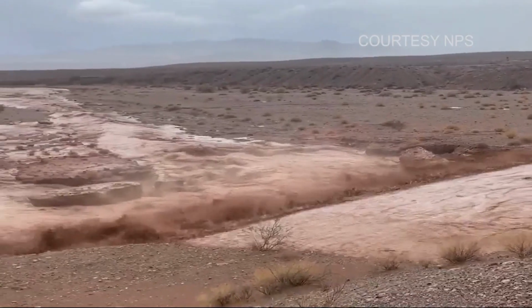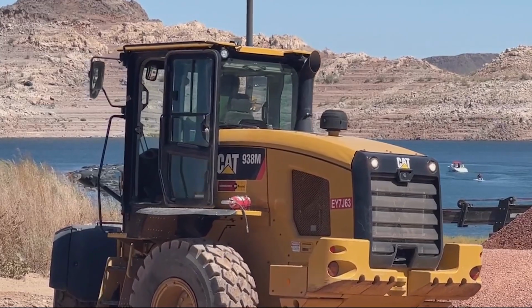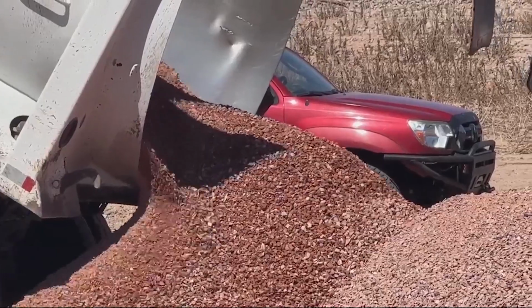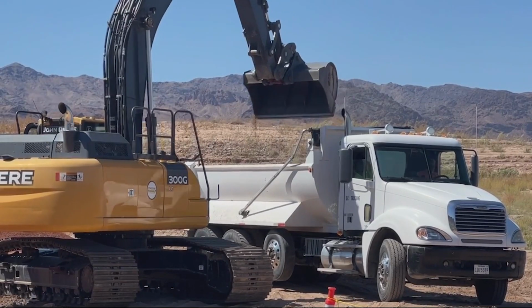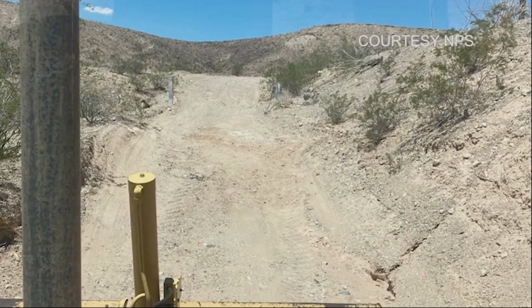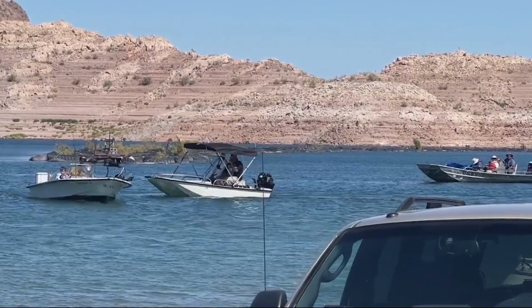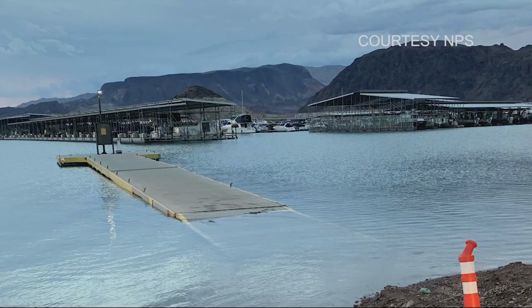Flash floods, downed trees, and muddy rescues. Park Services spent this summer checking off a long and growing to-do list, chasing storm damage after storm damage and rising water levels. In the month of August, lake levels surged 4 feet, even flooding this ramp at Hemingway Harbor. Crews rushed to adjust the height, and today...